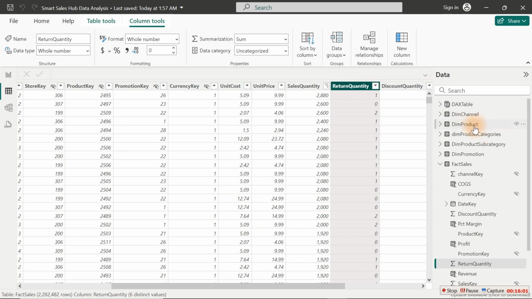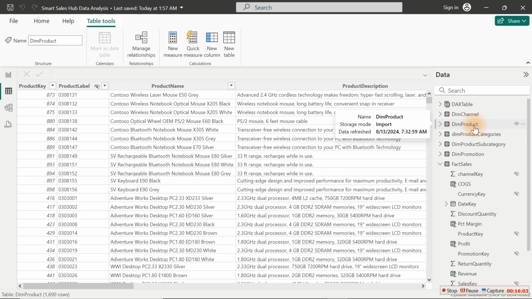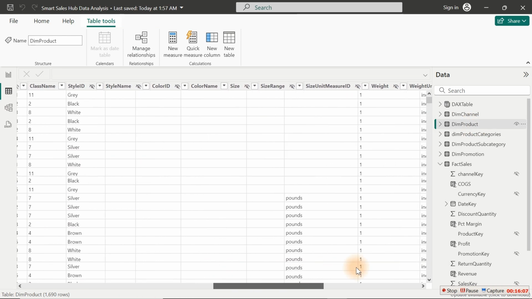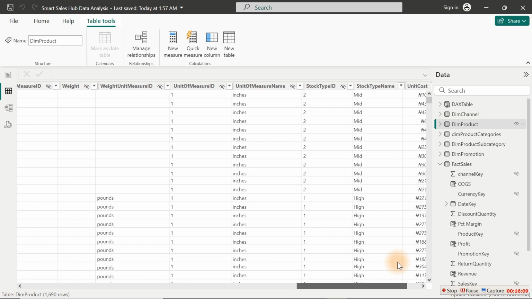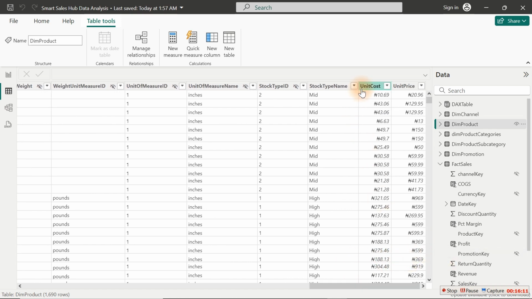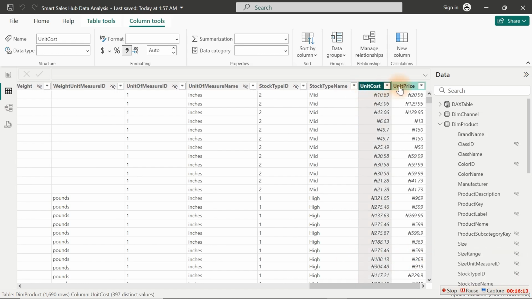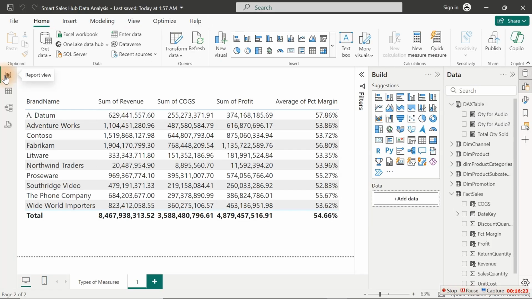Let us go to the product table right here. Over here on this product table, if I scroll to this end, we're going to see something similar to what we have seen. Like here we have the unit cost and the unit price. The only thing we're not seeing here is the quantity returned. So they are similar, which means we can use either of the two tables to create what